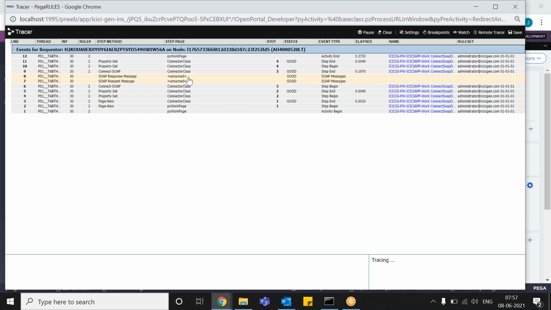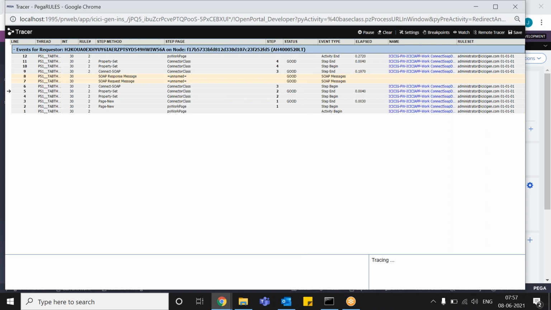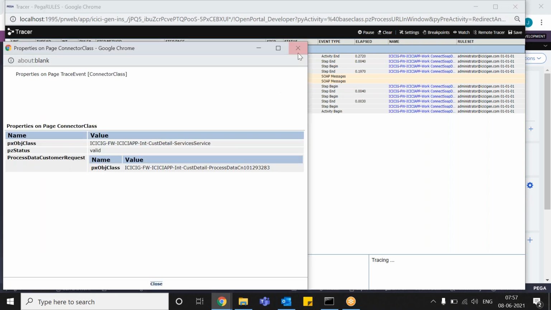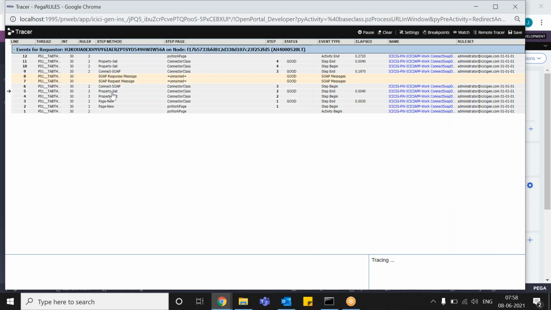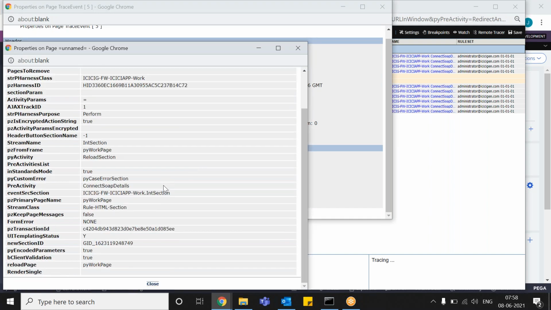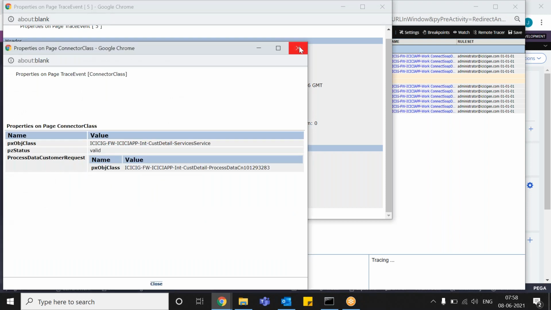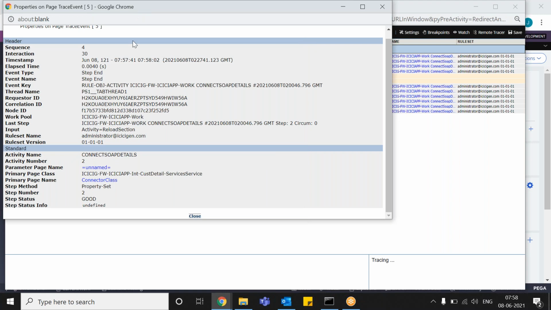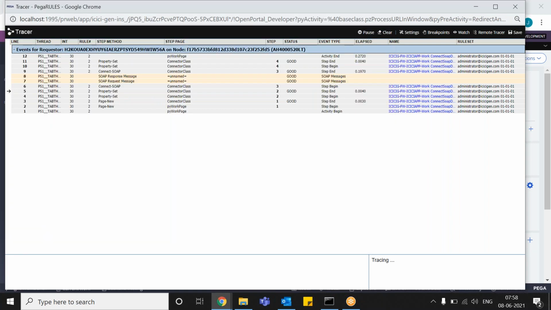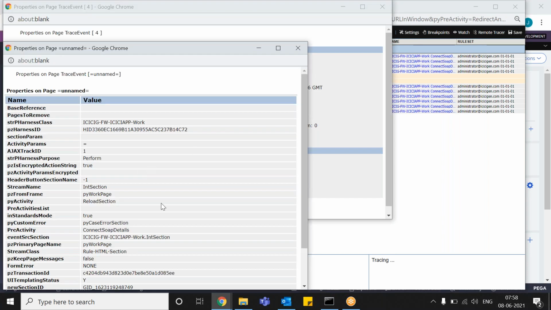So in the response, first you see the property set in the connector class. Your values are not showing. In the connector class property set, those values must be there, right? But they are not there.